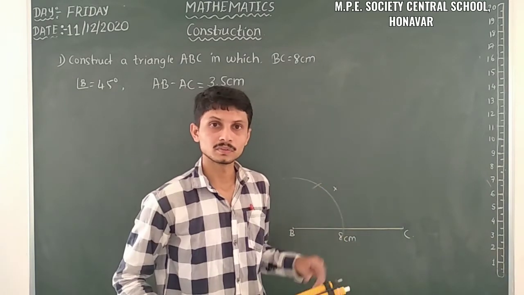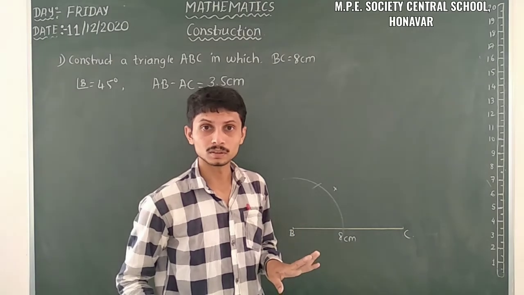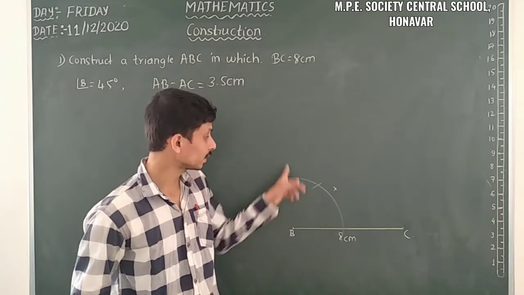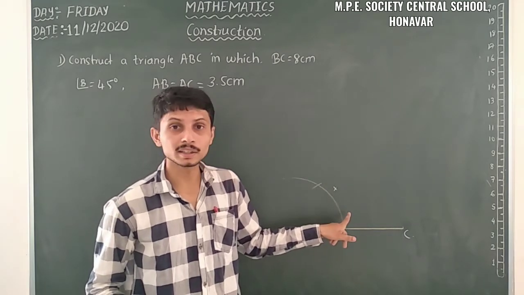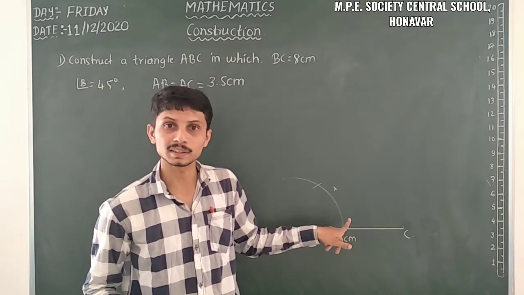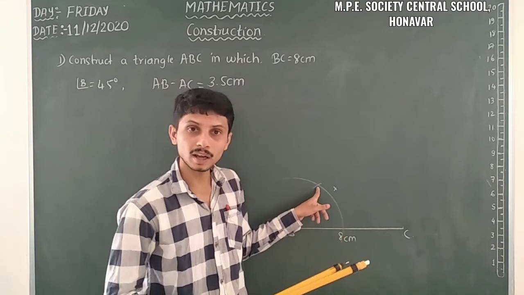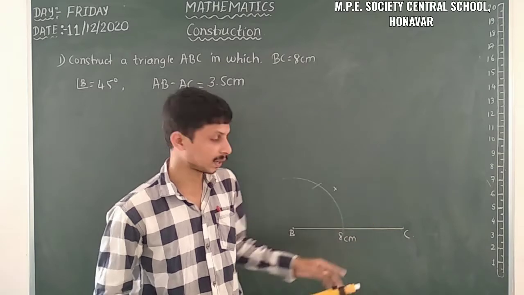Yes. We have the 60 degree, but we want 45 degree here. When you have the 90 degree, then we can take the angle bisector. Otherwise, when you have 30 degree, then you can take the angle bisector. It is also possible. So for that angle bisector, here we have the 60 degree and here we have the 0 degree. Here you have to take the angle bisector.